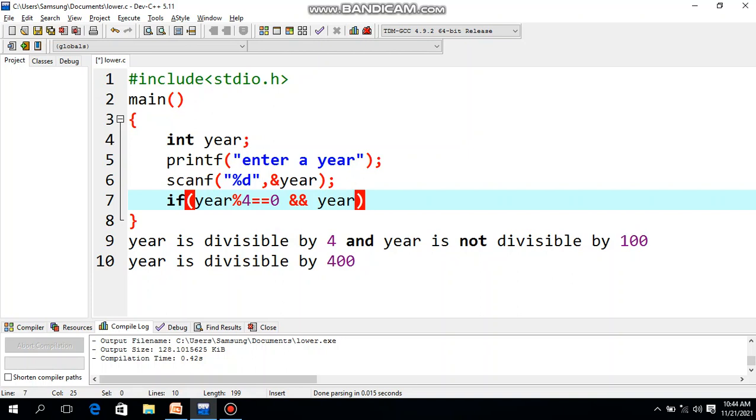Year modulo 100 not equal to 0. So this is the first condition. We can give it under a bracket also, so this condition will come under one bracket, and then this condition will come under another bracket.